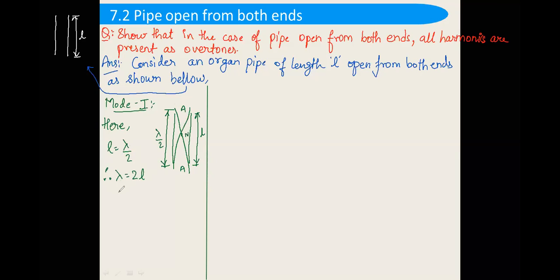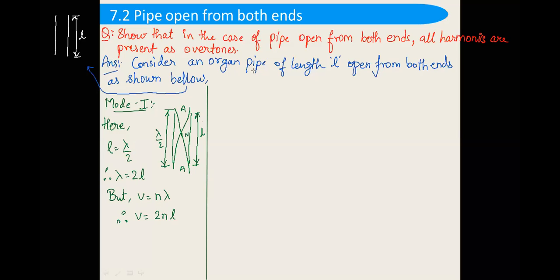I told you the answer. Okay, let it be. So what we have is the value of v. But v is equal to what? N lambda. Lambda is equal to what? 2l. So therefore v is equal to, writing 2l in place of lambda, so it will be 2nl. This is the very important thing.